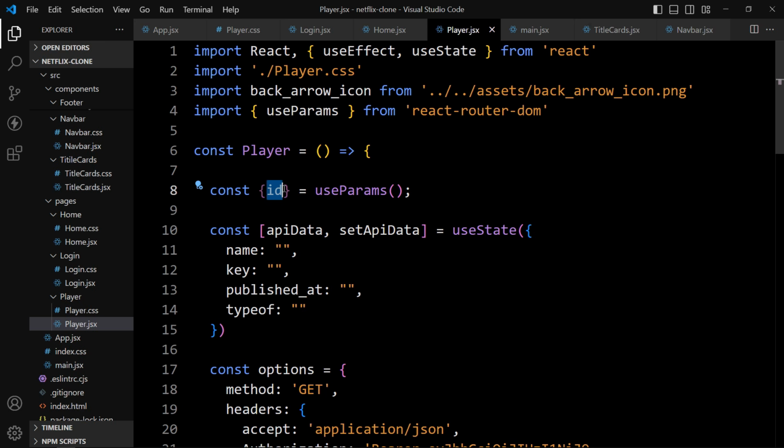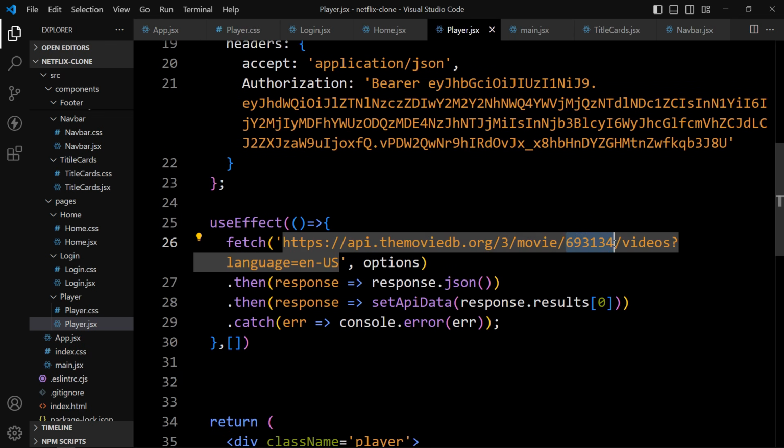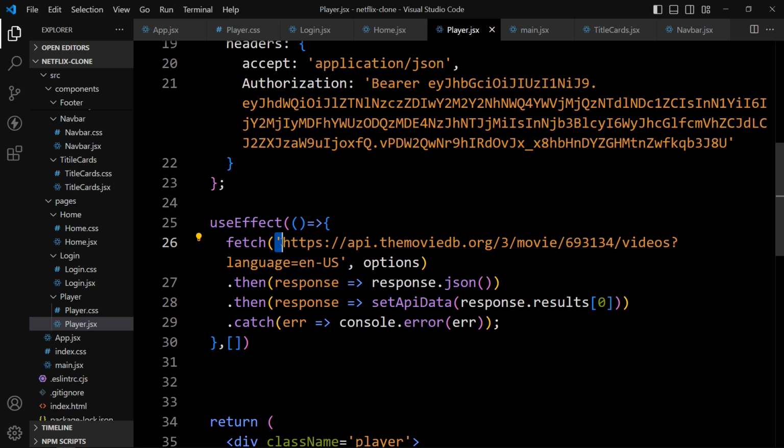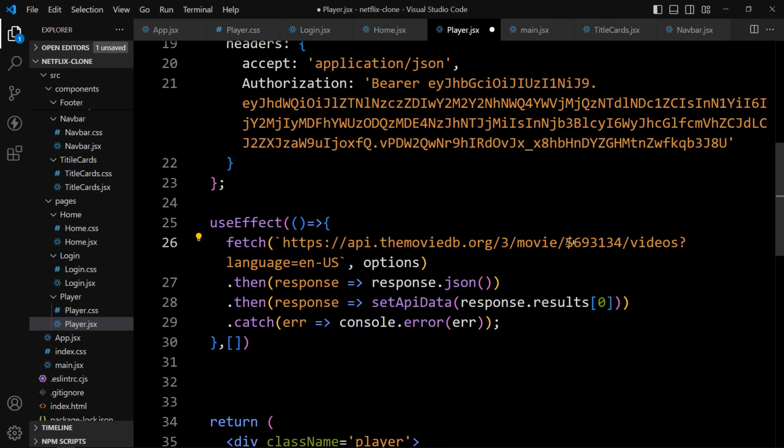Now we can use this ID here in this fetch URL. So to replace this one, we have to convert it into template literal. So let's add backtick, and here also backticks like this, and instead of this number we will add $, curly braces, and provide this ID and remove this number.